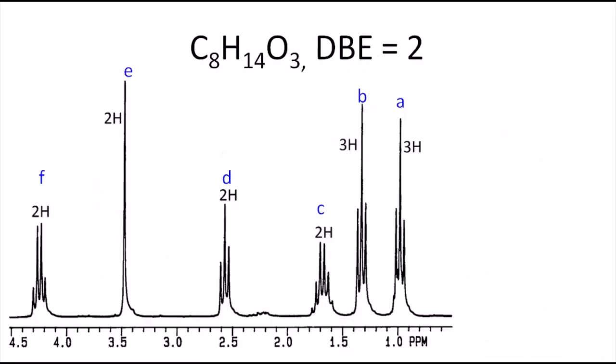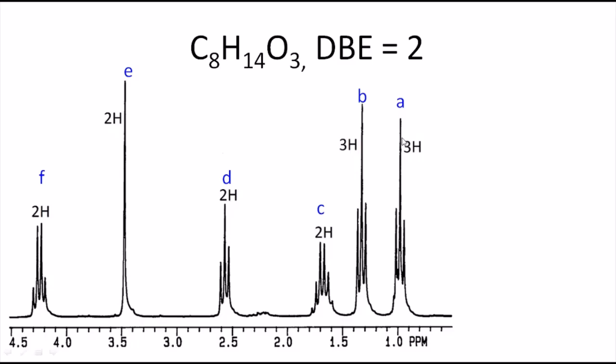Let us take another example. This is a little more complicated than the previous, right? Let us analyze one by one, right? If you take this example, the molecular formula is C8H14O3. If you calculate the double bond equivalent, that comes around 2. There should be 2 double bonds in the compound. That is the inference, and we have to deduce a structure that contains 2 double bonds.